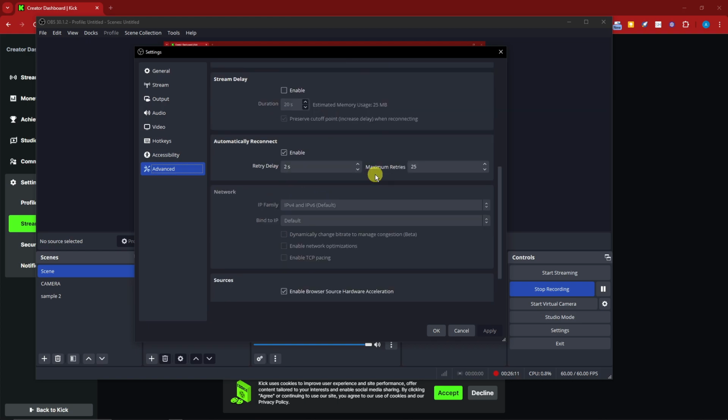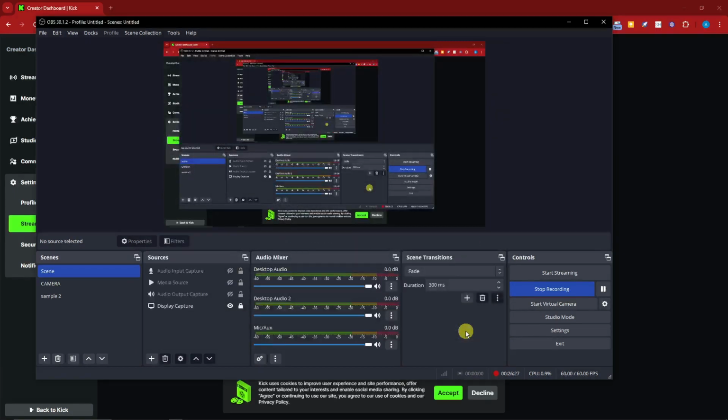Now one more thing before we wrap this up, automatically reconnect, this is by your own preference. For example, you got disconnected and you're gonna be automatically reconnected to your stream on Kick, this is by your preference. So I suggest just go and enable. Nothing will be lost, right? So those are the things and metrics that you want to check to get the best quality on Kick streaming